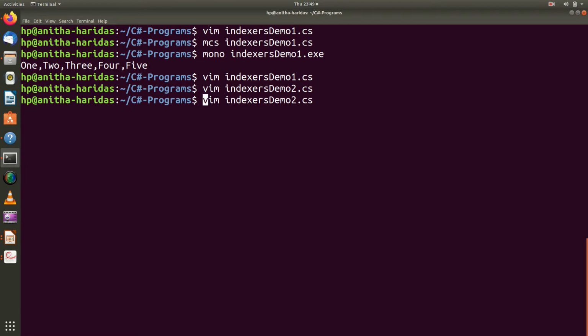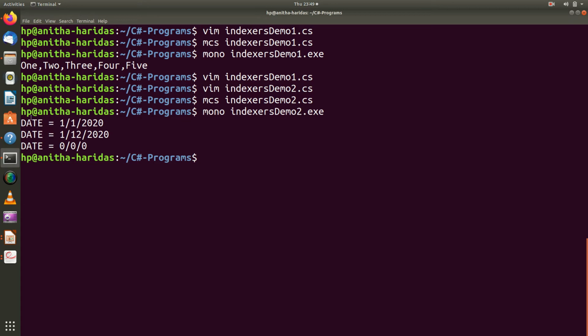I compile it using the mcs, and I am going to execute the program. You can see the output now. I have initialized with 1/1/2020.